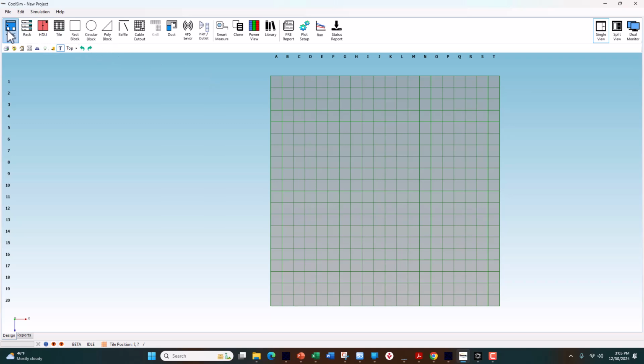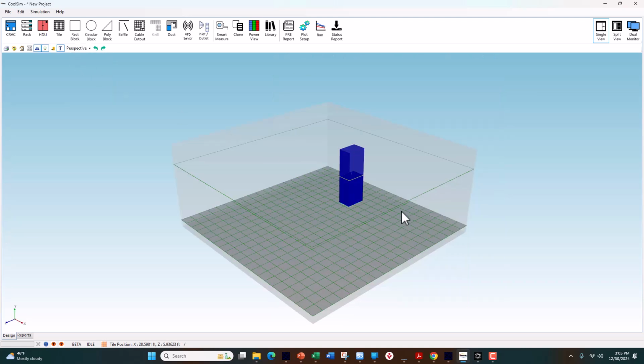So when you're dragging, and to drag something you simply select it. I'm going to drag a CRAC unit. CRAC is a computer room air conditioner. Left mouse down, or equivalent. You drag it and you let go with the left mouse to where you want it. There it is. Now if I have that in 3D mode, if I click it into 3D, you'll notice there's